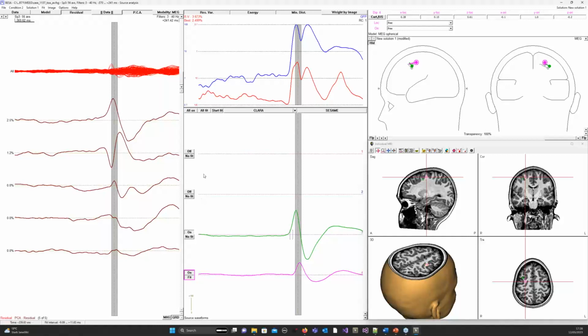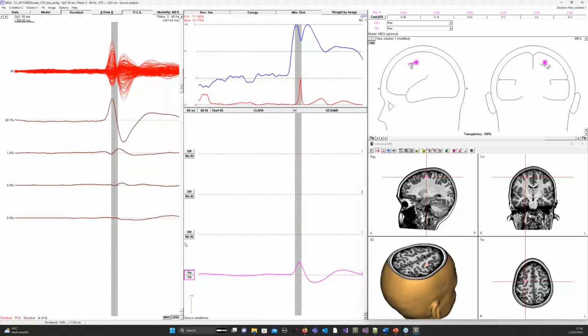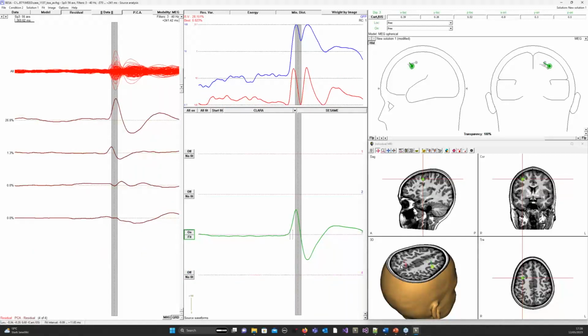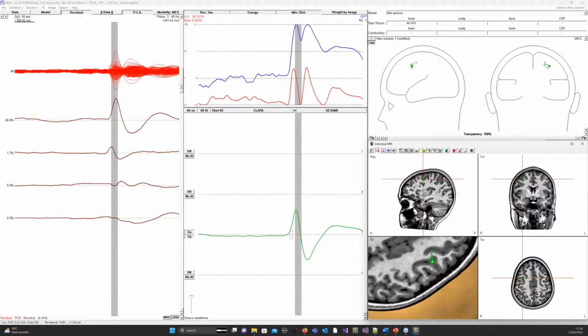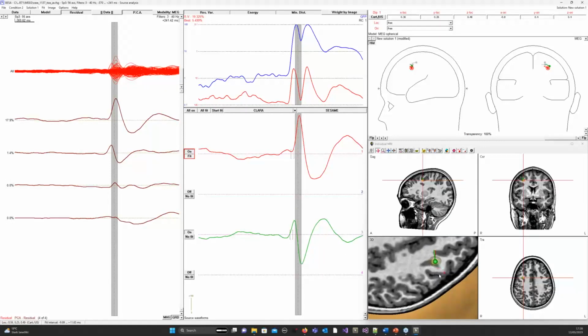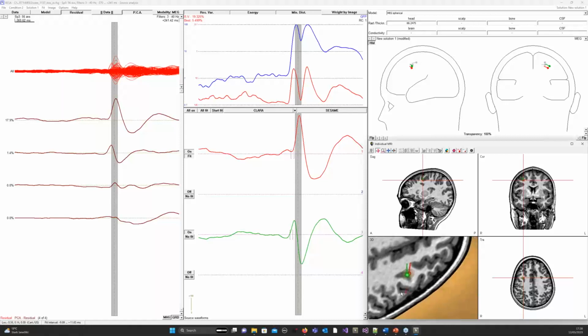Another thing we can do is look at the confidence volume. So if I zoom in here, I can see the confidence volume of this dipole. It's quite high. So we can see there's actually pretty good confidence that we'll land in this region. So compare to this other dipole here. It is indeed inside the confidence volume of this first dipole. So they both